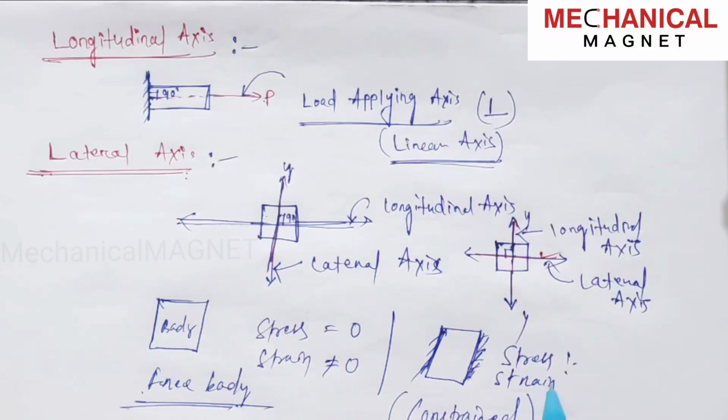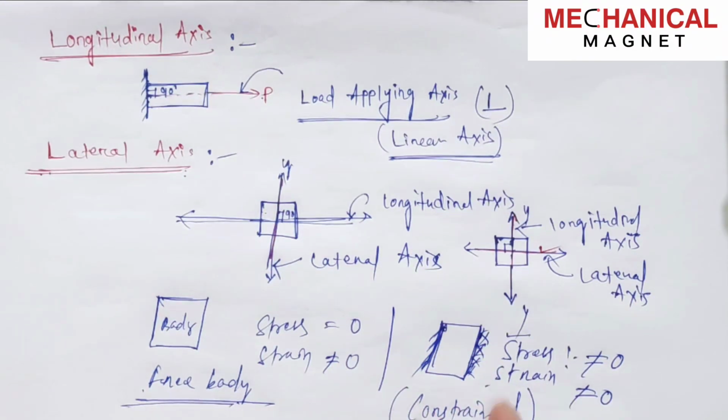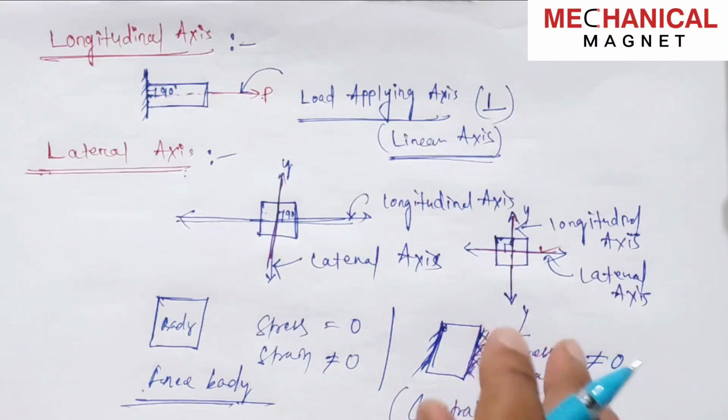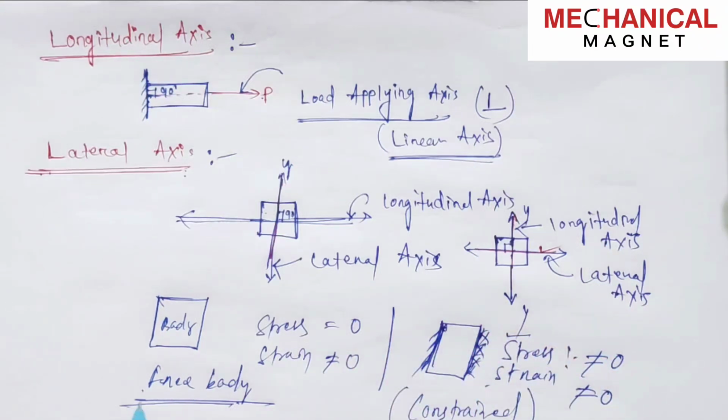For a constrained body, the stress is not equal to 0. Why? Because it is not free to expand, because it is constrained, it is fixed from here and from here, and so the strain is also not equal to 0. Okay, so you have to remember, for a free to expand body,